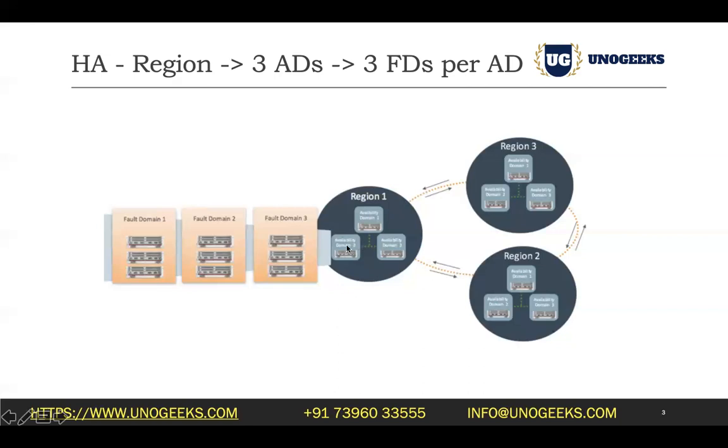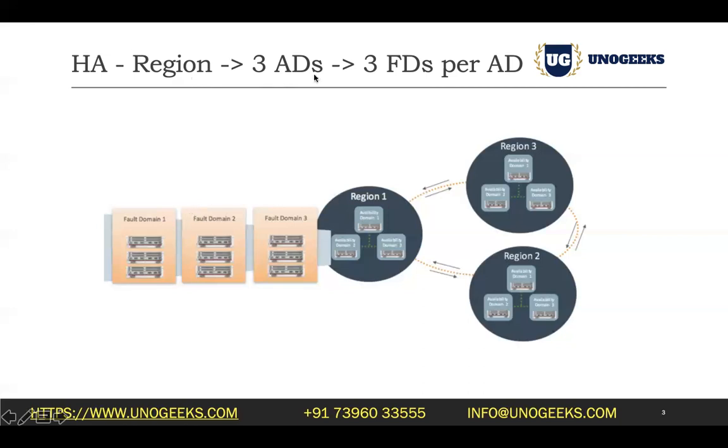And within the availability domain, this itself gives you that fault tolerance or high availability. But apart from that, the fact that you have multiple availability zones in regions is a big advantage. On top of it, within a single availability domain, again, you have multiple fault domains. So this is like an additional layer of high availability in case you choose to avail. Within an availability domain itself, if you want to deploy applications in multiple fault domains, you could choose to do that if you want.